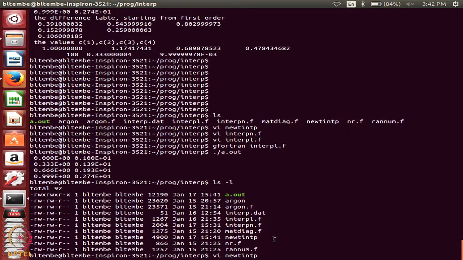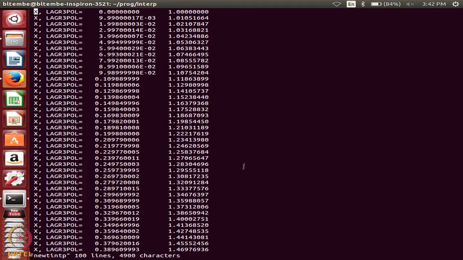I should have called it Lagrange interpolation, but I have not changed it. Okay. So, these are now the values of x and the values of y. Here I have called it, instead of Newton interpolation, Lagrange third order polynomial. These are the values of x and these are the values of y. So, you will see that both programs give exactly the same result.